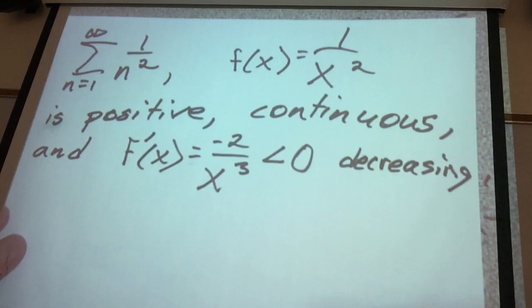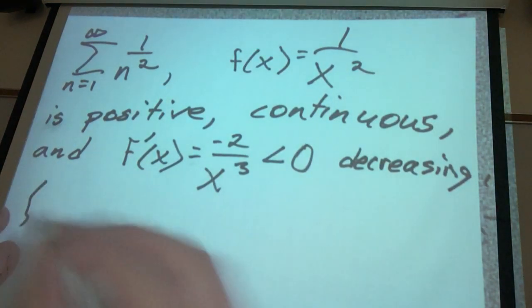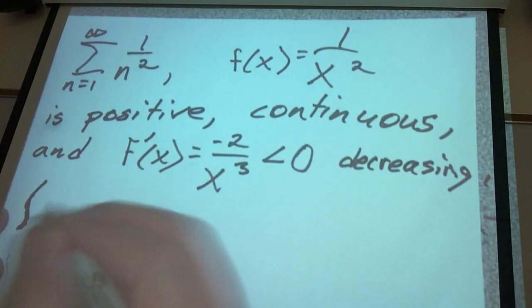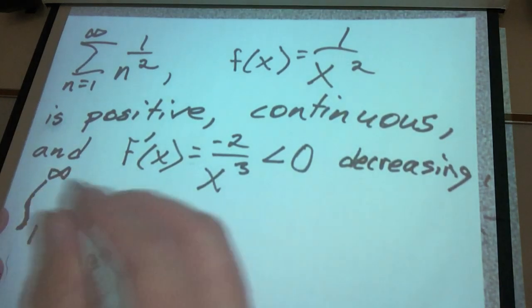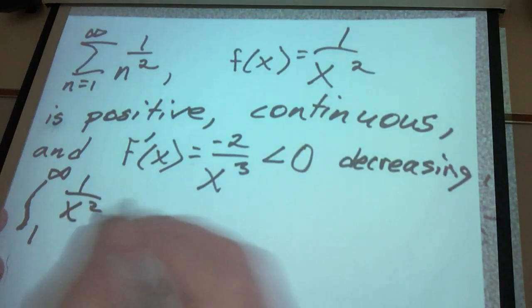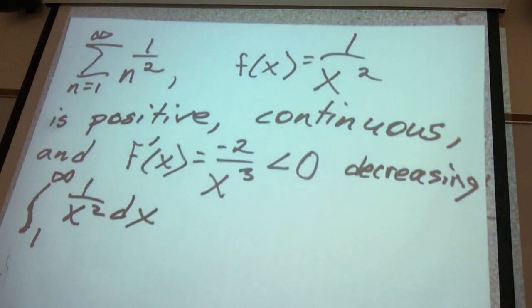Okay. And so the integral from 1 to infinity of 1 divided by x squared with respect to x. Okay, now this is an improper integral. We were going over this on the last test, and I would say one of the most missed problems on the last test was you didn't put a limit on this thing, okay? Whenever you have an integral from 1 to infinity, you have to put a limit on there. Okay, so this is going to equal